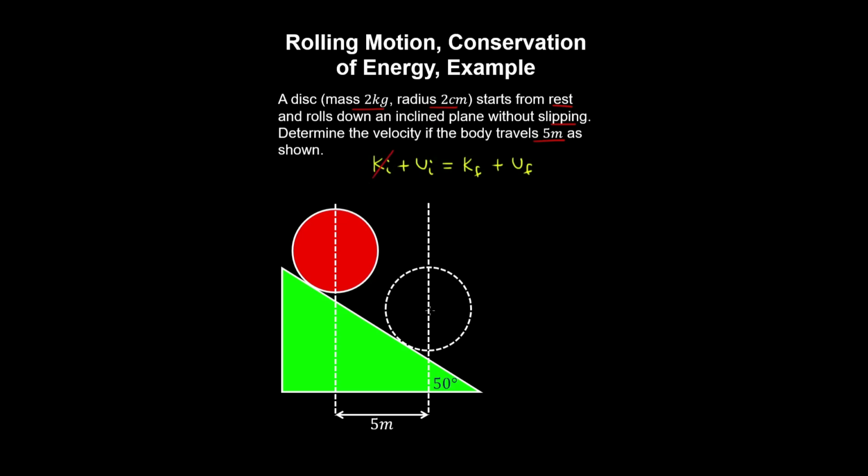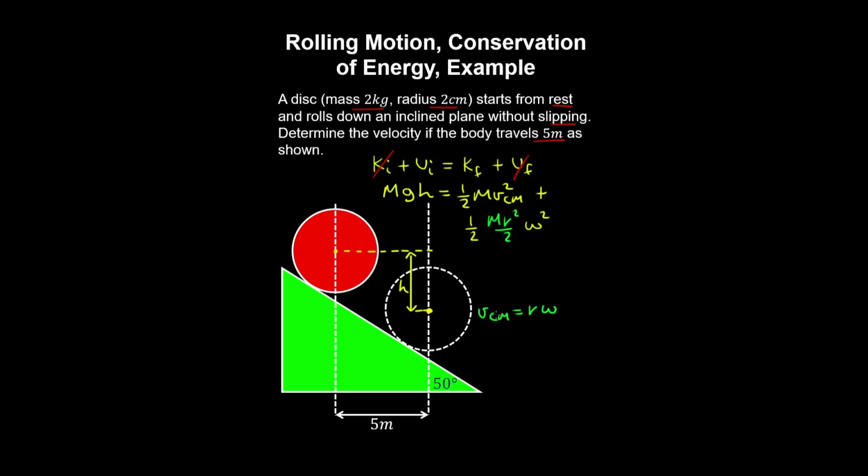And if we take the final center of mass as our reference point, then the initial potential energy can be written as follows, where h is the initial height of the center of mass above this point. So therefore the final potential energy is 0, because we took the reference point at the final center of mass. So the final kinetic energy consists of translational and rotational terms. So for rolling motion without slip, we had the following relationship. And knowing the moment of inertia of the disk about its center of mass,